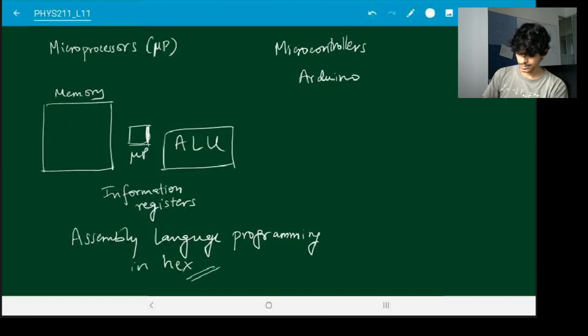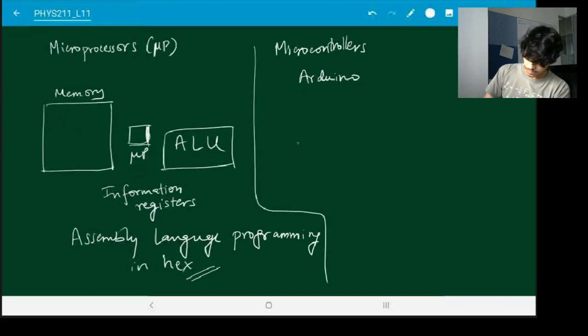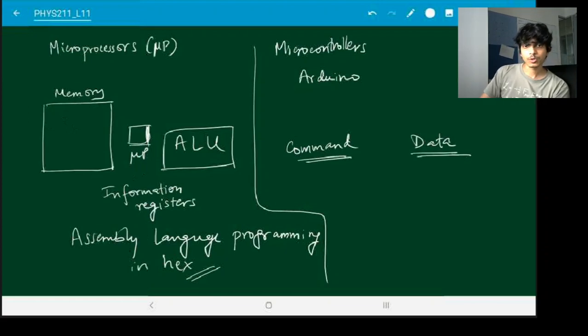Anyway, point is, if you want to program your microprocessor, you need to have a knowledge of the hexadecimal number system. Basically, any kind of command that you give and any kind of data that you want to store, these are both going to be in hex. So if you want to store the number 15 in the data, you will have to store it as 0f. And if you want to give the command move this data from the memory space to the register, then that command to move it will also have to be given as some hex code.